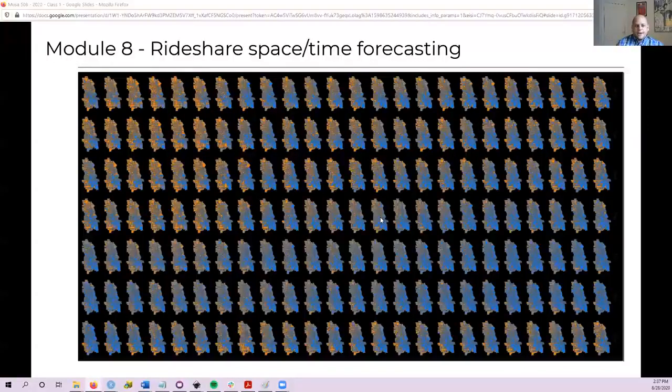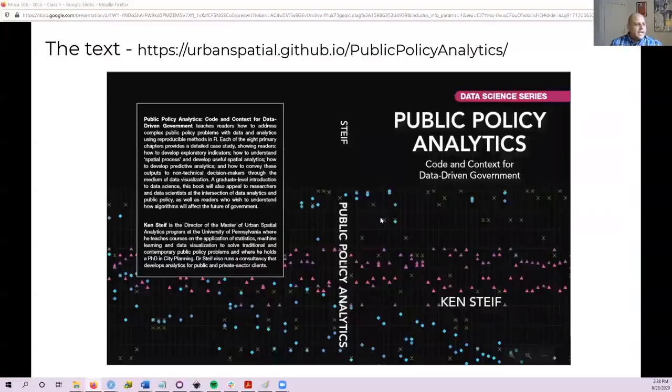And the last module will be around space-time forecasting using rideshare data from Chicago. And this is an example of rideshare trips in a subset of Chicago for every hour a day for 7 days a week. So those are the 8 modules. And everything will focus on